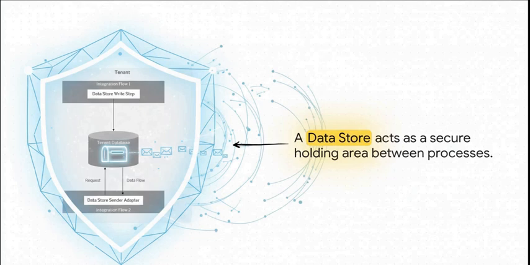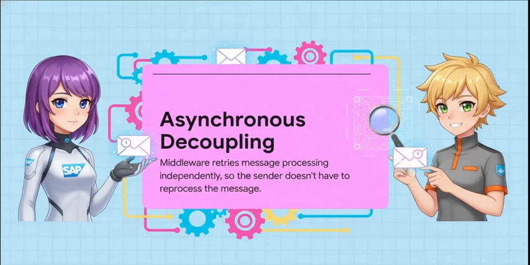Okay, so let's see what that looks like in the real world. In the SAP Integration Suite, that digital mailbox is something called a data store. So the first integration flow doesn't even try to send the message to the final destination. Nope. Instead, it just writes the message safely into this data store. And at that point, the message is secure. And here's the really crucial part. The middleware, that's the integration platform sitting between the two systems, it takes full responsibility for that message. The original sender doesn't have to worry about a temporary problem or even know it happened. The middleware stores the message and handles all the retries all by itself.